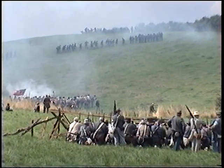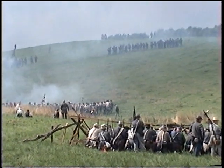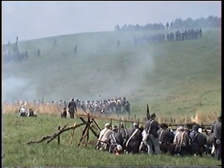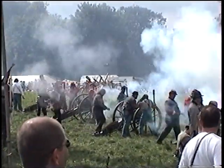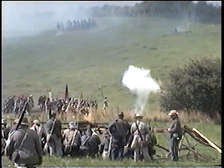States' rights, and we want to fight for those rights. The right to govern, to have our own independence and to make our own laws, not to be dictated to by the Yankee northern dictators. There we have a defiant message there from a junior Confederate officer. They consider themselves to be a new, bright...